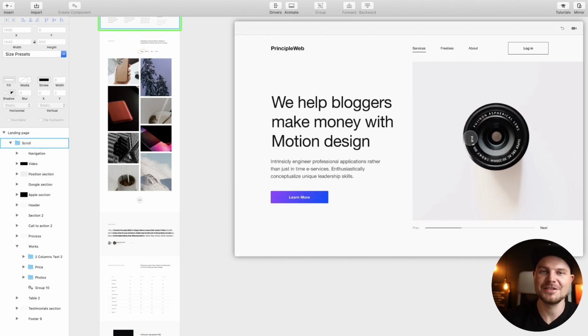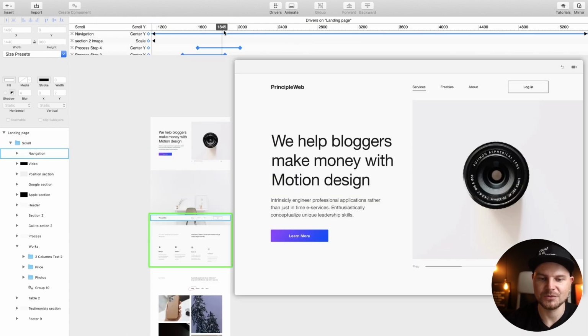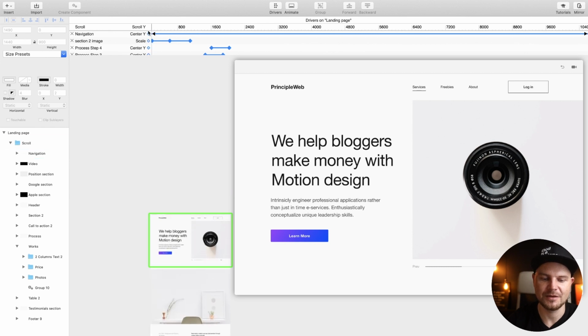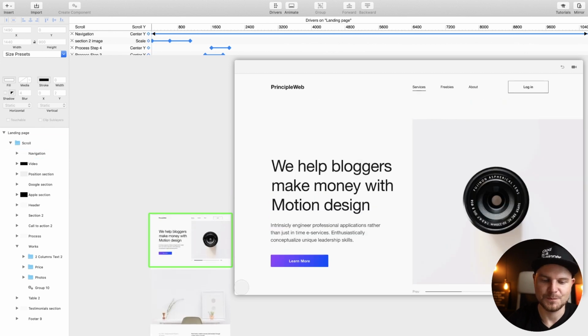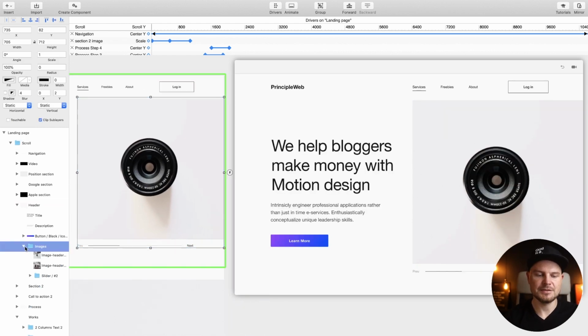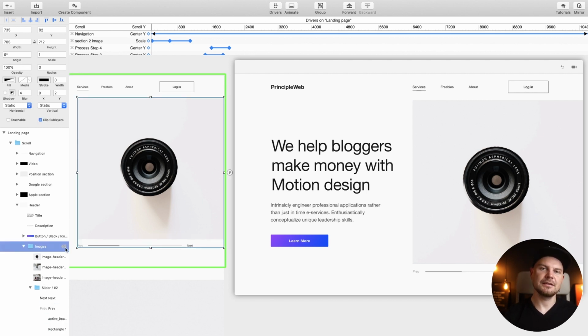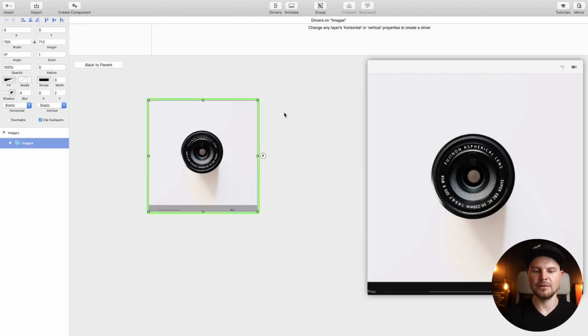Now let's go back to this section here. So we are here. Let's go to drivers, so we will know exactly that we are on this element. Boom. So now I'm going to select this element. It's already created images, where we have 3 images inside, and we have slider, and inside of this slider we have preview and next button, and these 2 lines. Let's create from these images, let's create a component. Boom, we are on the separate layer